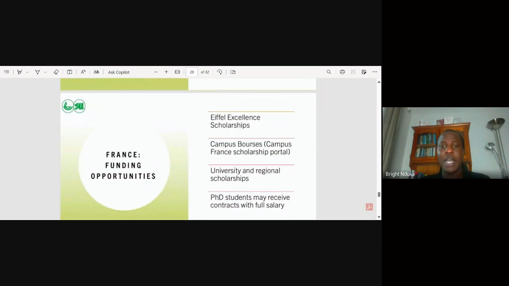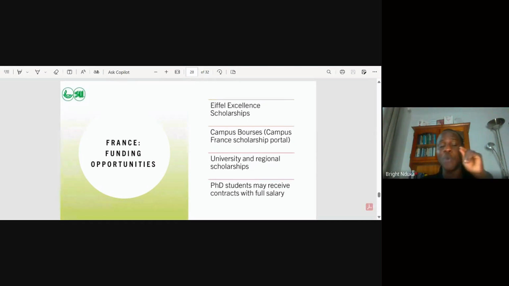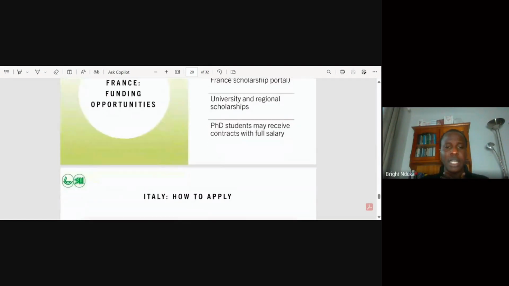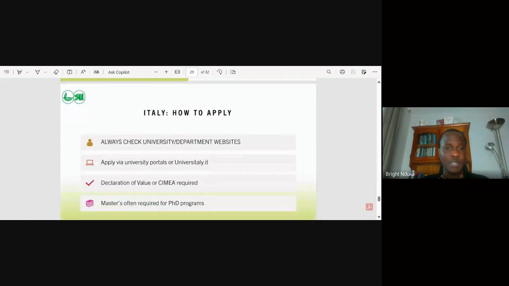And lastly, what are some of the funding opportunities? So put all of these scholarships or funding opportunities into Google and read about them. It will interest you to know that you actually get a lot, and most of us are eligible for this stuff. Give it a shot, and you'll be surprised at what the response would be.